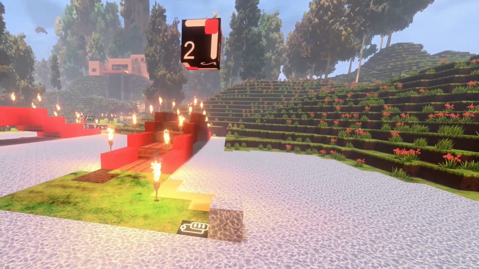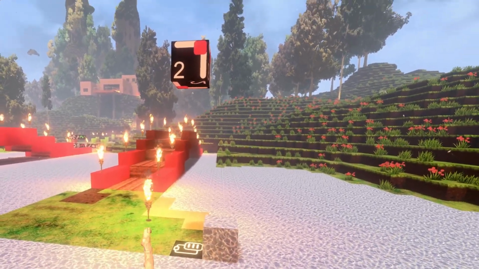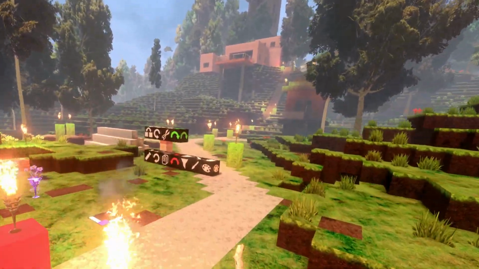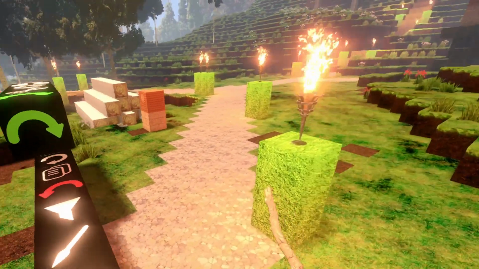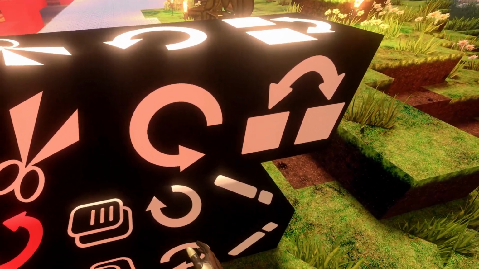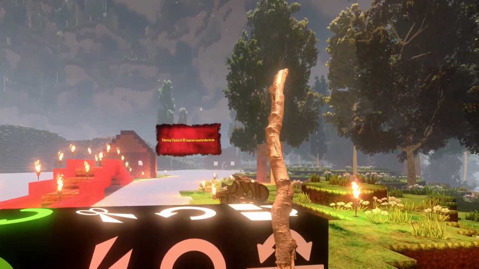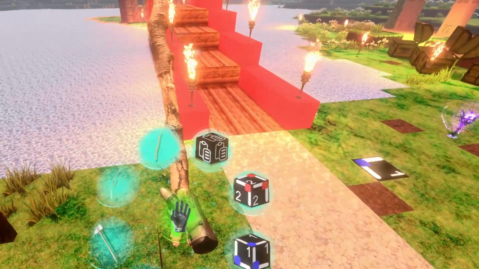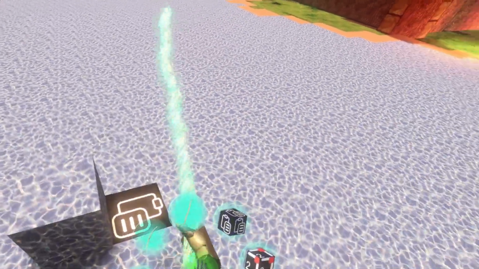But what if I don't want to have my bridge facing this way? What if I want to have my bridge look another direction? We can do this as well. We just undo everything, and then we have those two blocks, a counterclockwise and a clockwise rotation. If we hit those blocks, we rotate our copied object by 90 degrees. So, and if I put the paste block in here now, and I hit it,